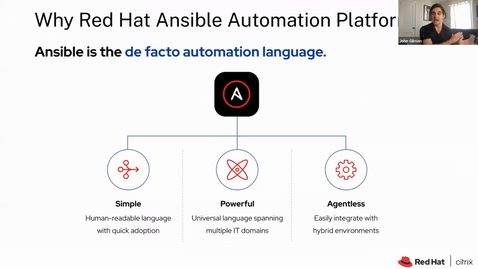And with that being said, I want to pass over to Kevin. Kevin, can you talk us through a little bit around why Red Hat Ansible Automation Platform and what that is? Yeah, absolutely. So, John, this is, to me, the most important slide when it comes to talking about the Ansible Automation Platform. It is such a basic slide, but from the beginning, the mantra for Ansible has been simple, powerful, agentless. And I'd like to break that down with a little bit of discussion about each of those.